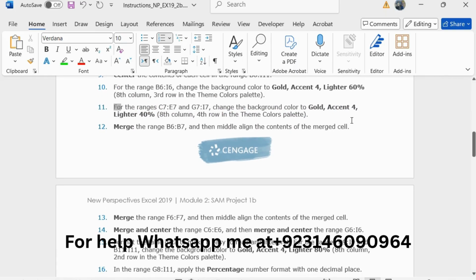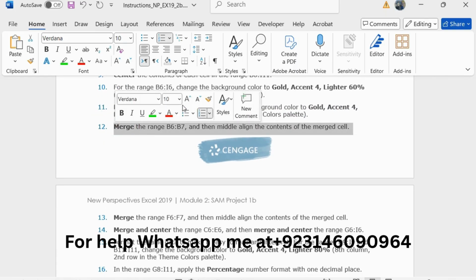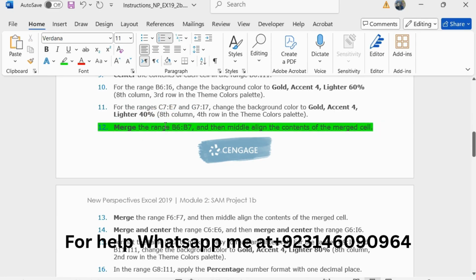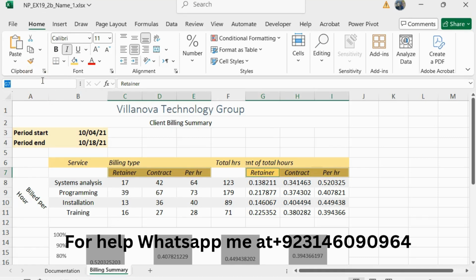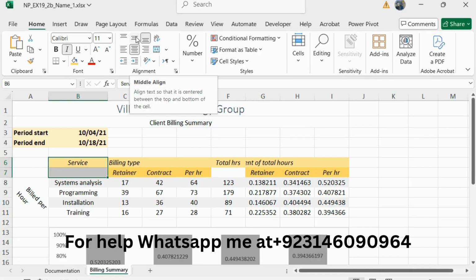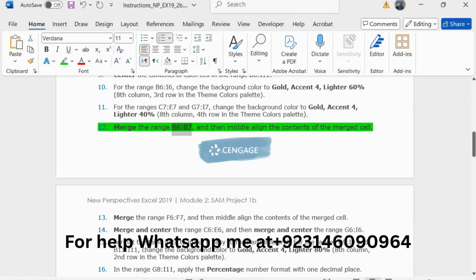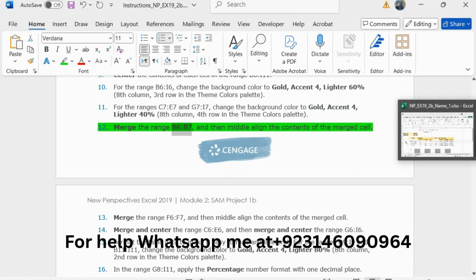And step number 12 is merge the range B6 to B7 and then middle align the content of the merged cell. So select the range B6 to B7, paste it into here and press Ctrl+B. Now merge and center, sorry, first we need to merge.